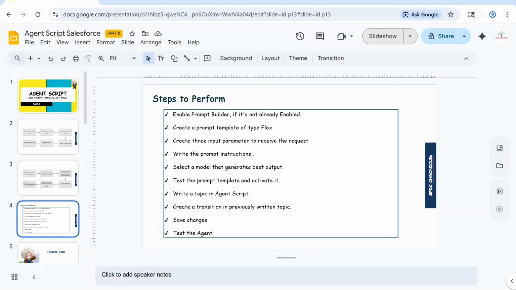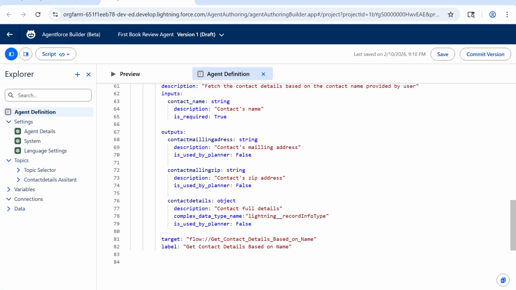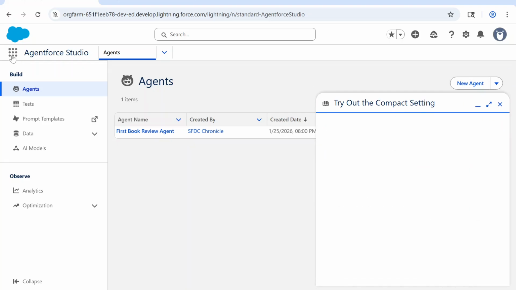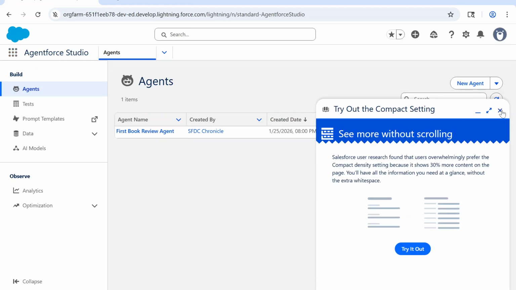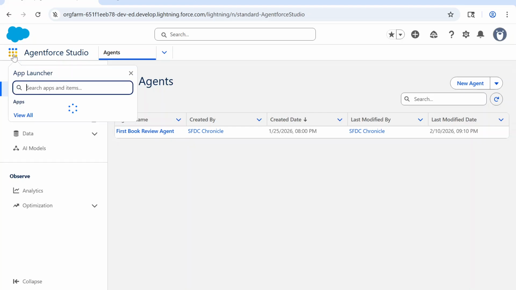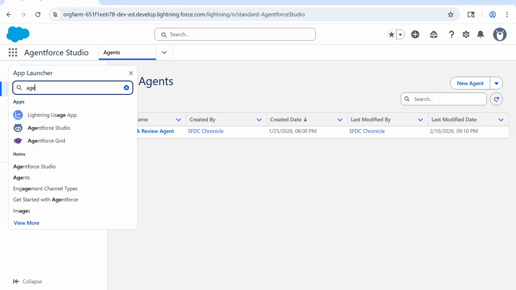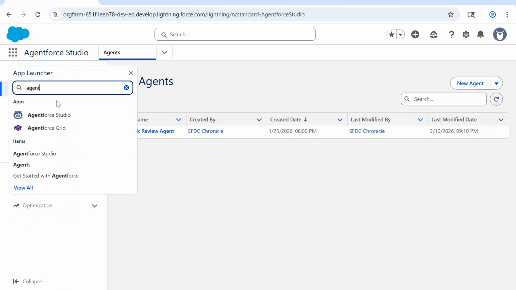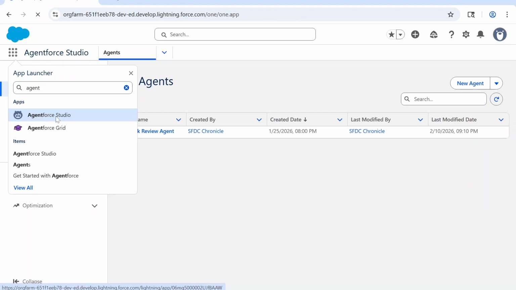Let me log in to my Salesforce account. So this is my Salesforce account. I have already logged in, and this is my Agent Studio. If you are not aware of how to navigate to Agent Studio, click on the 9 dot icon and then type Agent. Then you will get Agentforce Studio. And once you click on that,